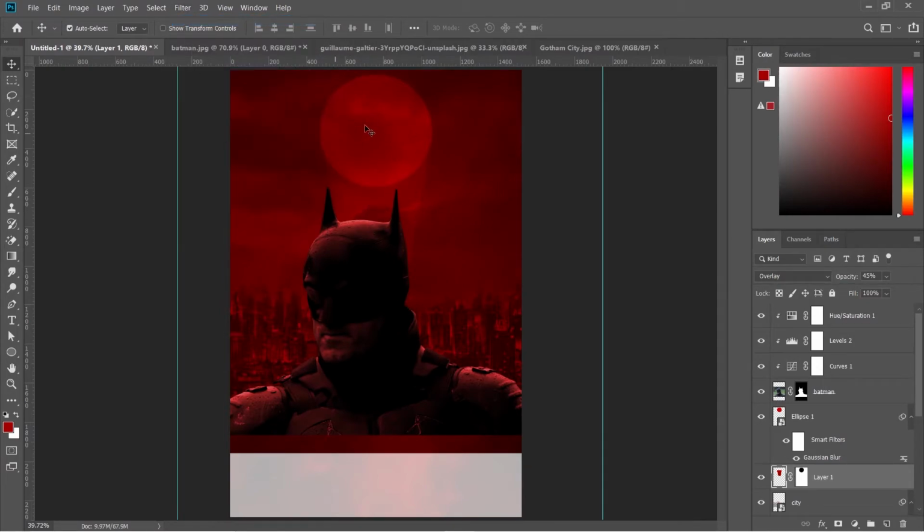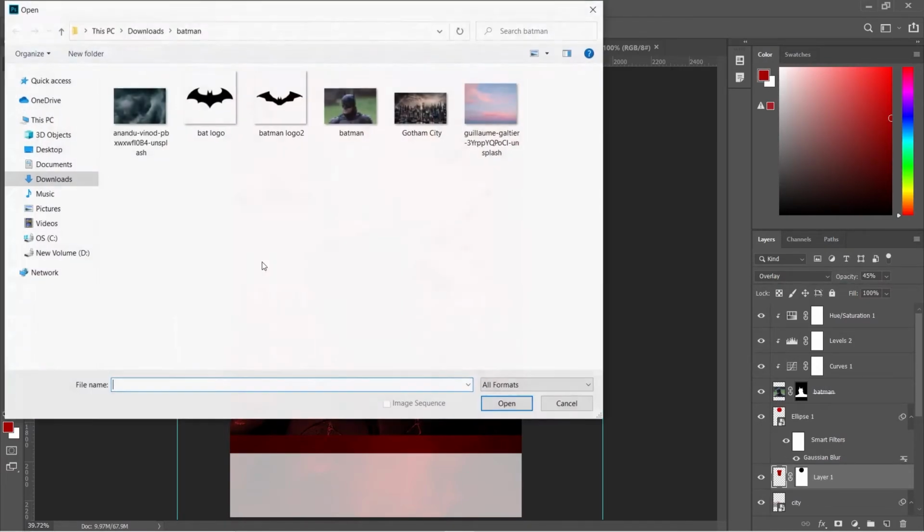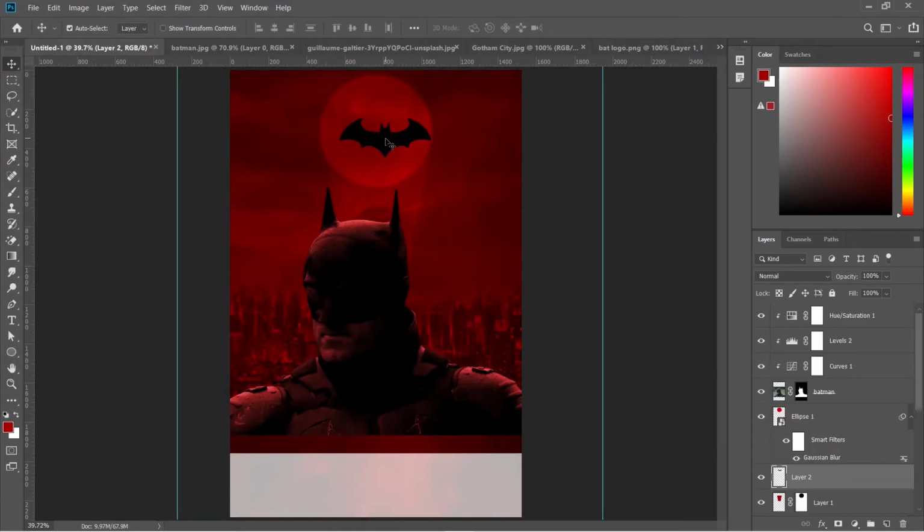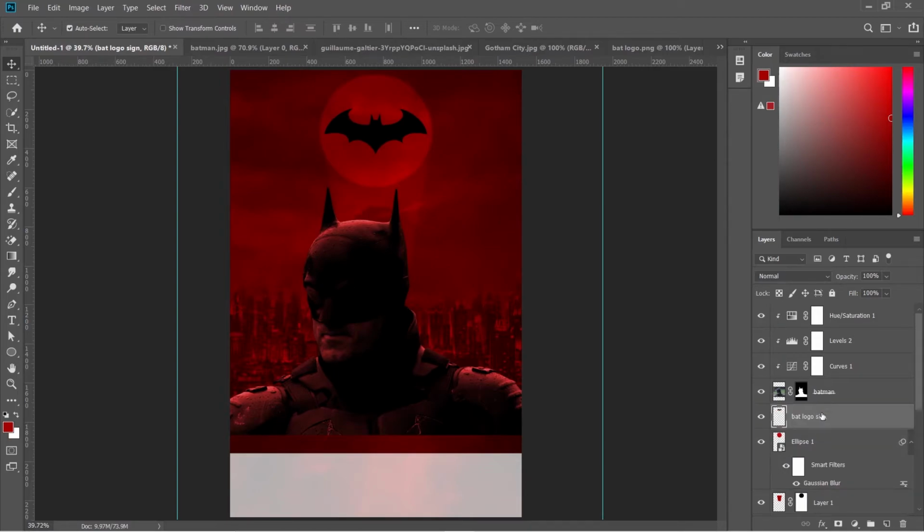Now let's place the Batman logo. Keep the layer above ellipse 1.